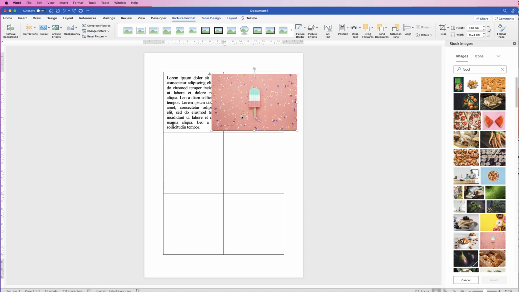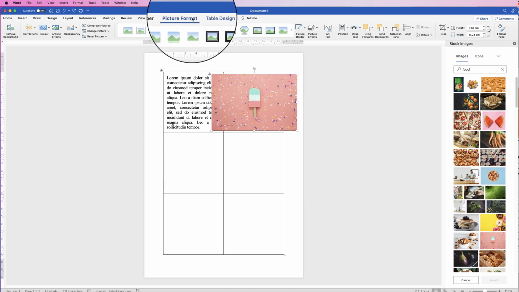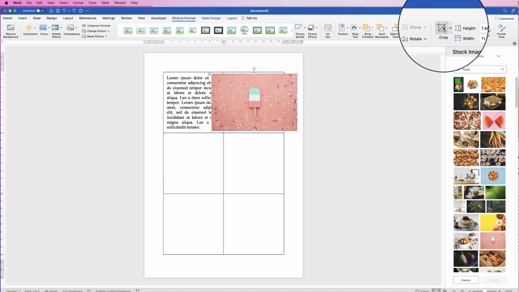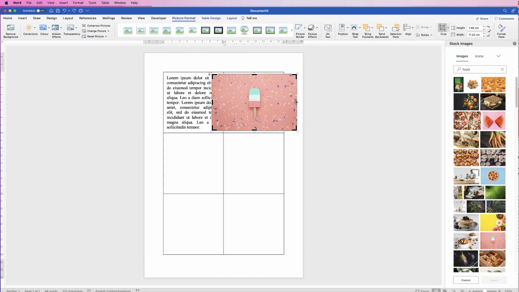So what I'm going to do is select it, go to Picture Format, and then go along to the Crop tool. And as you can see, we've got these little black markers. I'm just going to hover my cursor over the black marker and just pull it inwards. And I'm going to roughly create the same margin on this side, and again on this side here, and then I can go ahead and center my image within that crop,